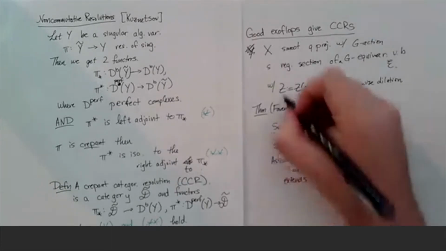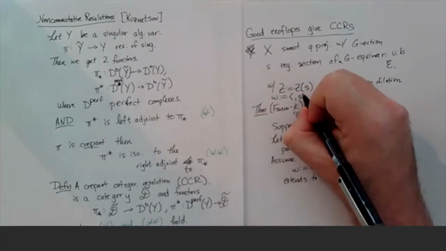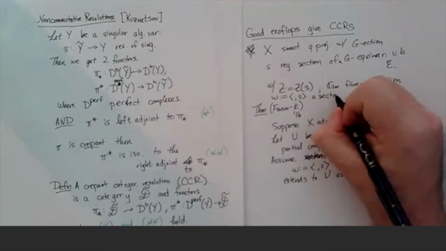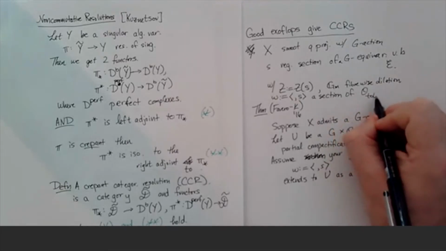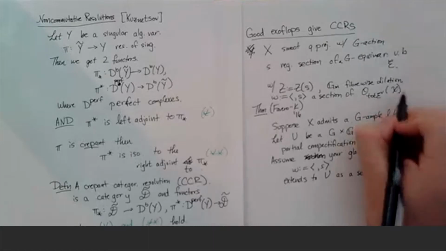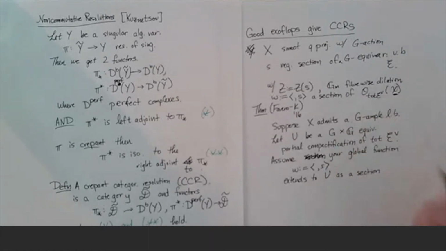This is what I need to say. So I need an extra condition here. So this W, when I look at this pairing, it needs to be a section of the total space, some vector bundle, right? Or some line bundle. So I have some character chi that gives me a line bundle, and then it's like this, okay,